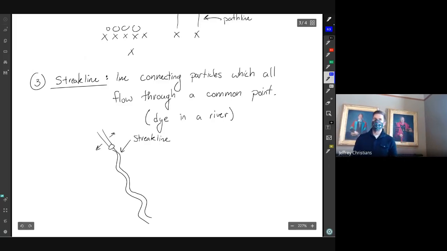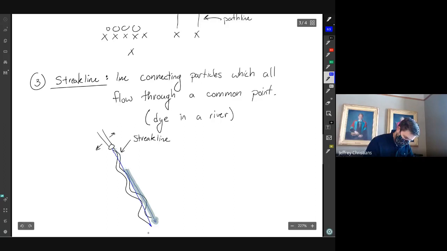Okay, but if you were to follow an individual particle of water, particles don't travel in these kind of crazy wavy things. They travel in projectile motion. So if you were to track an individual particle, like right there, it's still going to go like that. And this one's going to go like that. And there's going to be another one that's going like that.